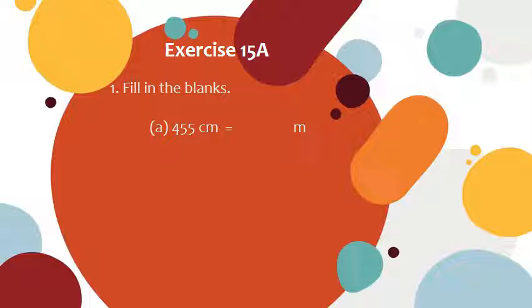Here, the first part of this question is 455 centimeter is equal to how many meters? Children, as we know that 1 centimeter is equal to 1 by 100 meter, or we can say that in 1 meter there are 100 centimeter. So 1 centimeter is equal to how many meter? 1 by 100 meter. And therefore children, 455 centimeter is equal to 455 multiplied by 1 upon 100 meter,